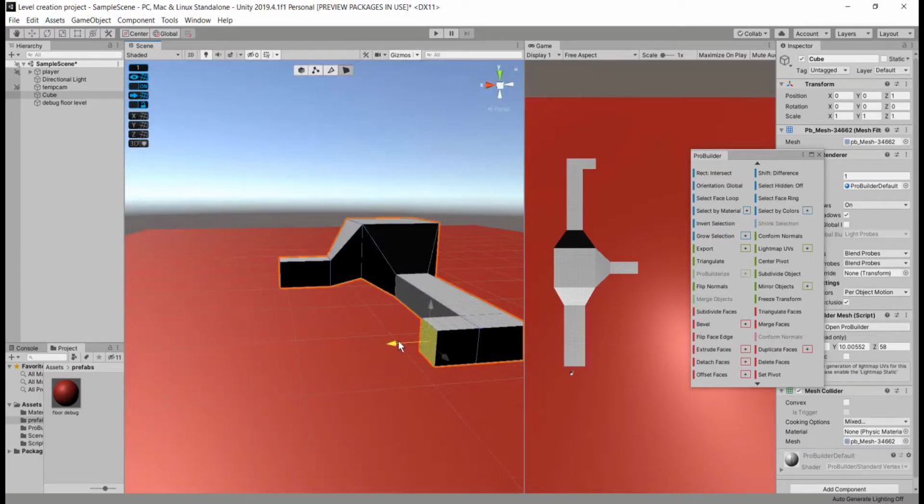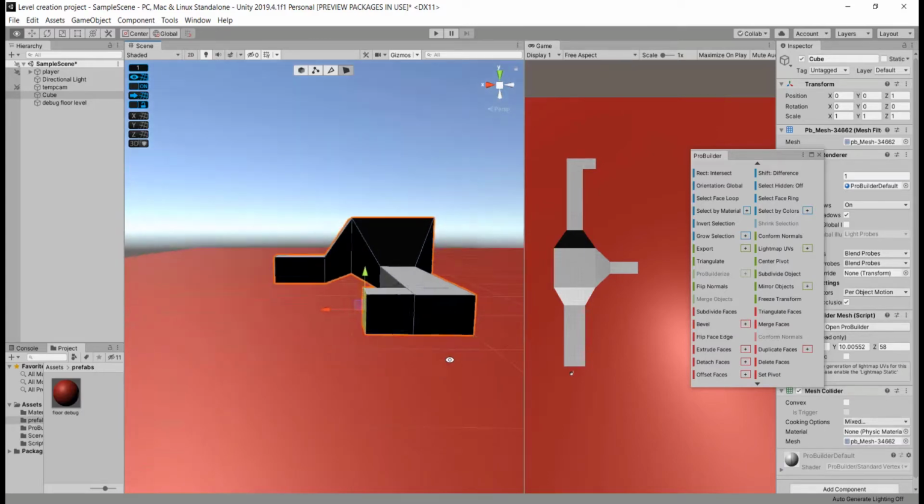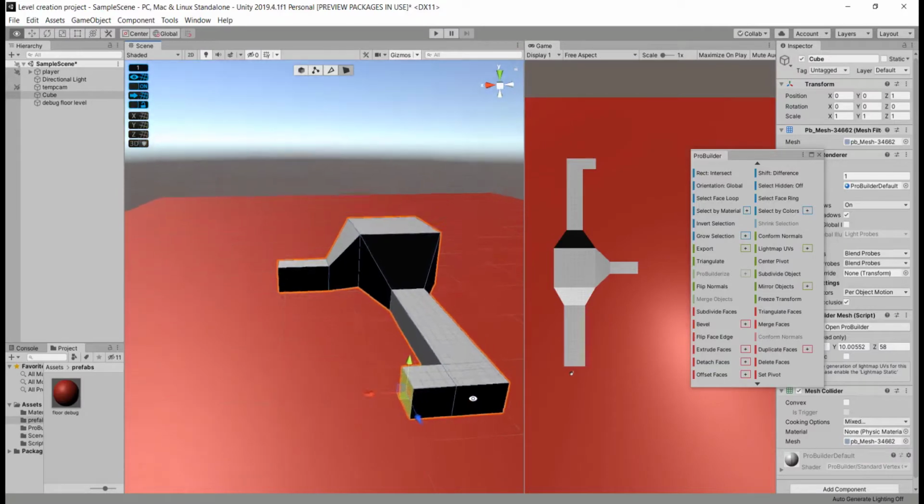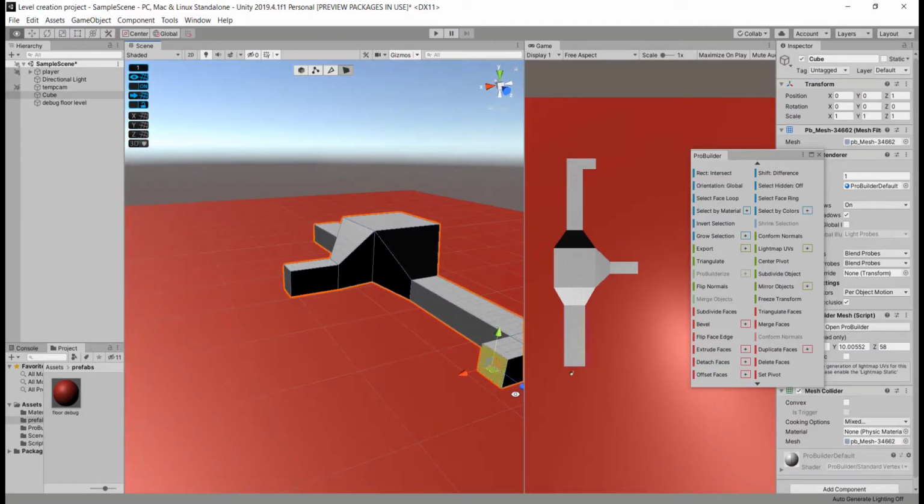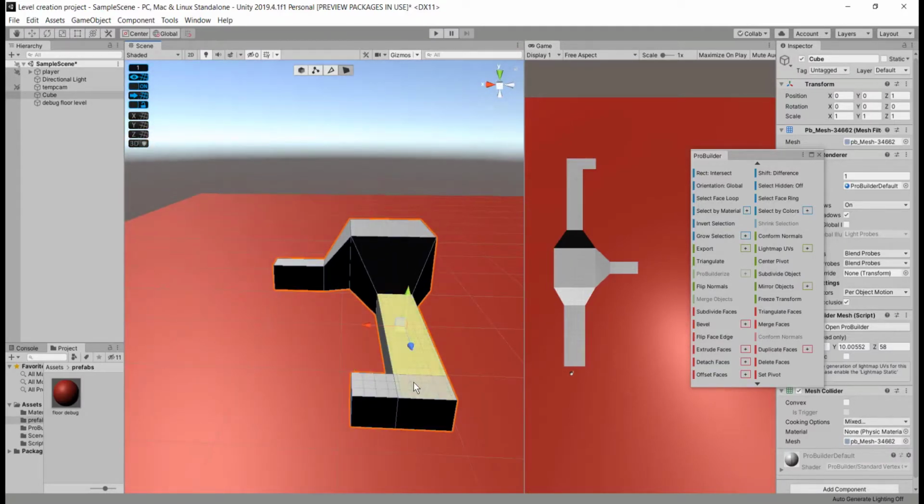So I can make a bend in my corridor like this by stretching or extending this perpendicular face instead of going through the face I was selecting previously.